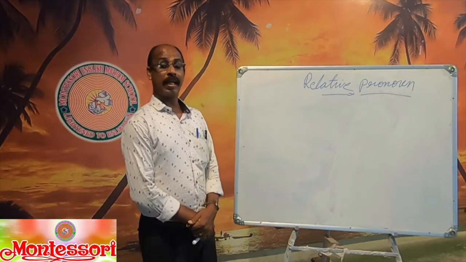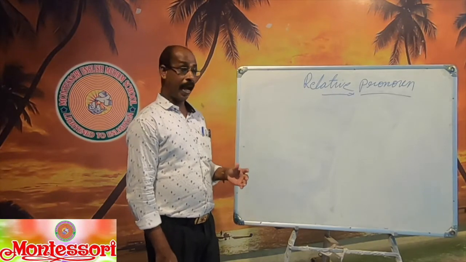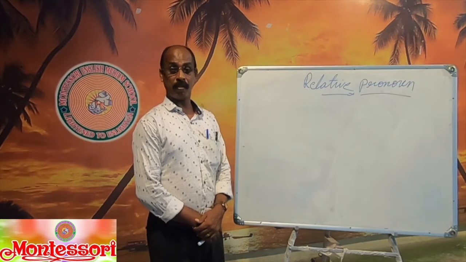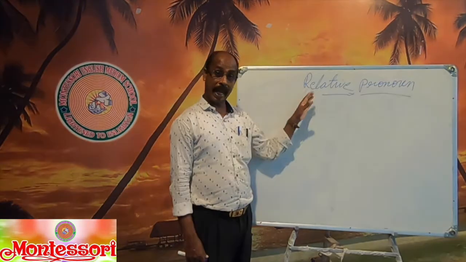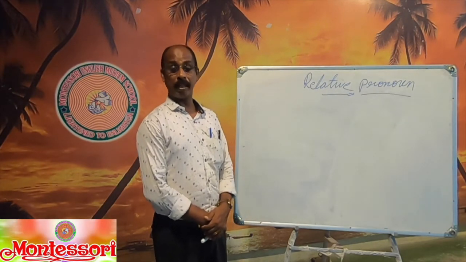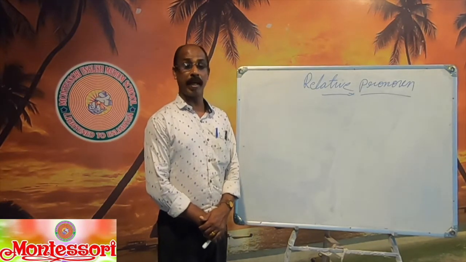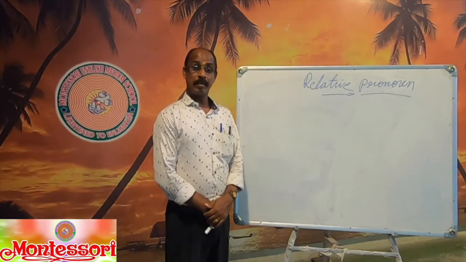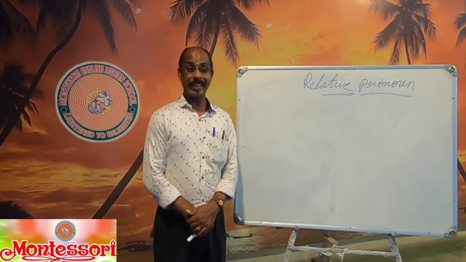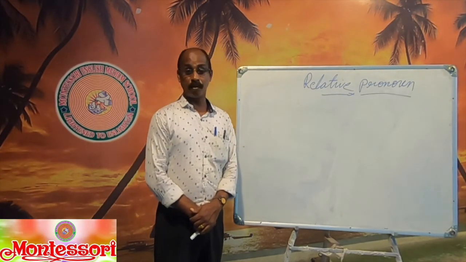And also a relative pronoun joins sentences. A word that stands for a noun and joins sentences is called a relative pronoun. Once more, a word that stands for a noun and joins sentences is called a relative pronoun. That means a relative pronoun does the work of a pronoun and a conjunction at the same time. Here the relative pronoun joins the sentences, so we can make different kinds of sentences. Here it is a single sentence, the same single sentence, where two or three relative pronouns are used.